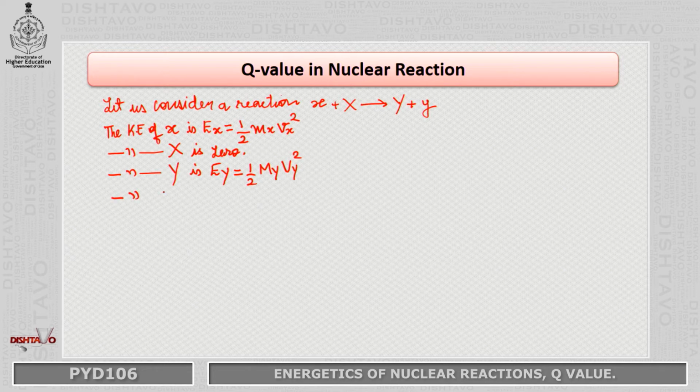Similarly, the kinetic energy of the product particle will be E subscript small y, and this will be equal to half m_y v_y squared, where small m_y is the mass of the product particle and v_y is its velocity. So the square here gives its kinetic energy. From these equations, what we can write is,